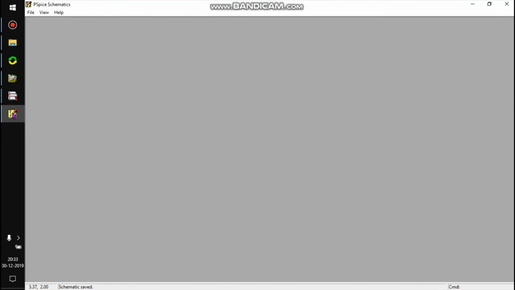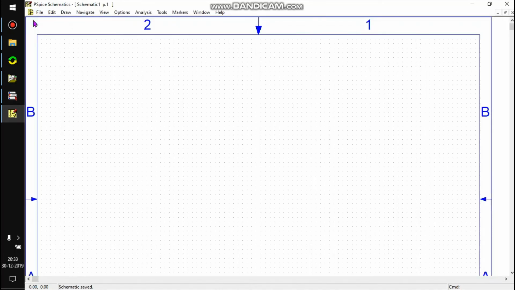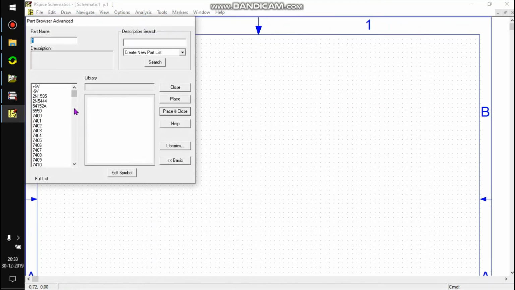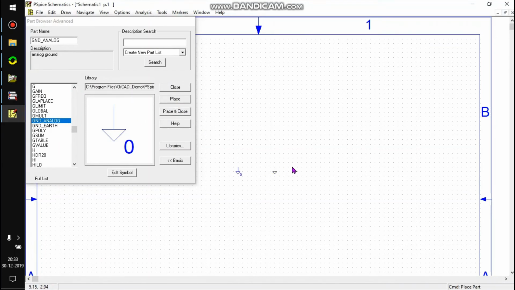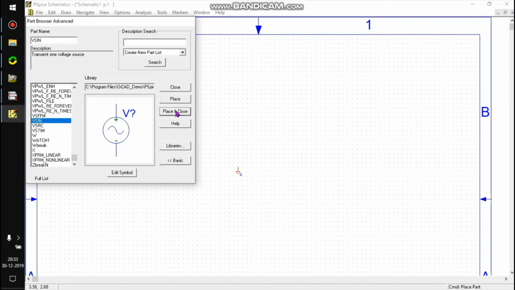Now we want to use our new Zener diode in a real circuit file with a zero reference ground node, this one, and we want a voltage source, a sinusoid voltage source.